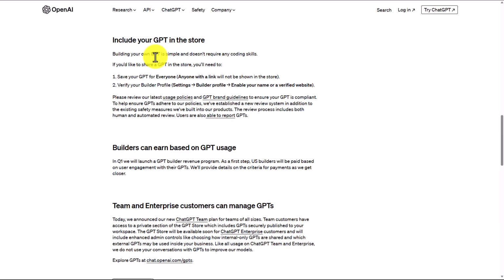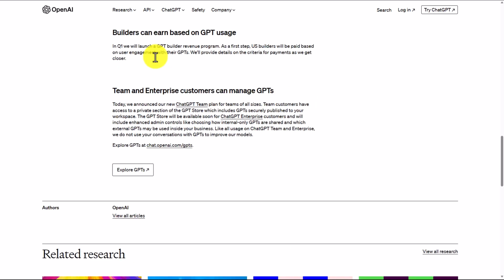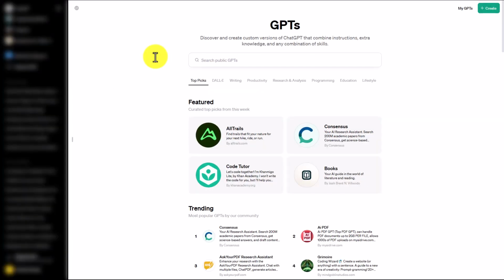store for monetization purposes. And those that do create a GPT for the GPT store, as of the recording of this session, will be paid according to the user engagement on their GPTs. So it's a good idea to explore the nature of the current GPTs that are available, as well as the method for creating and uploading your own GPT to the GPT store and giving others access to it for revenue